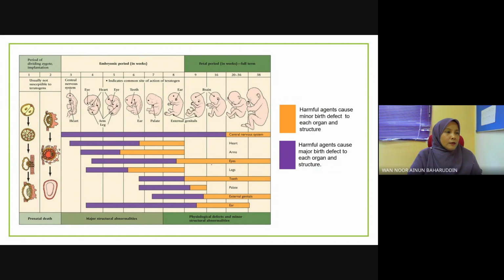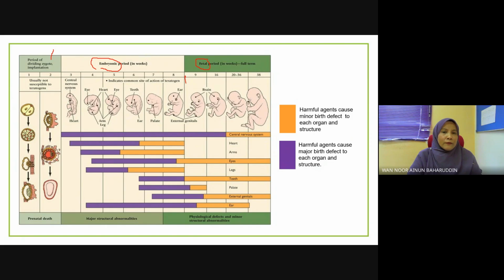And then we can see, starting from the zygote only, it then develops into an embryo, and after that, in week 9 to week 38, it has developed into a fetus. That means they have approximately a complete set of organs. Okay, so you can see